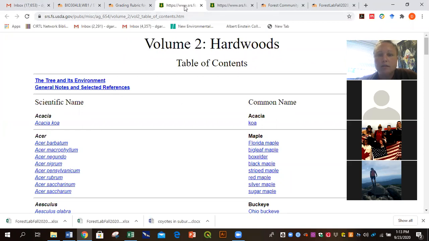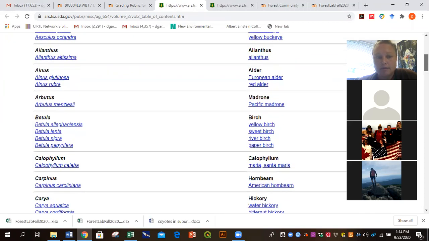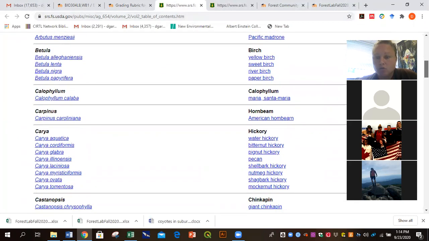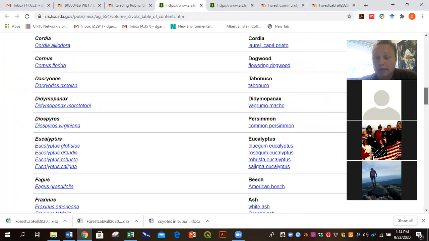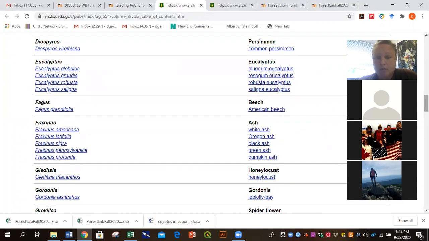If you click on Silvix 2, it's going to bring you to this. And this is basically a field guide to all the hardwood trees in the United States. And we can kind of scroll down. We can see one that we might have seen, for example, maybe the ash tree, the white ash tree. If we click on it,